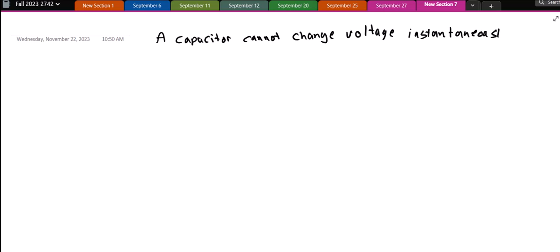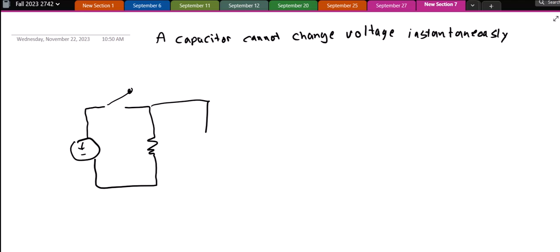A capacitor cannot change voltage instantaneously. So you might think, if you had a circuit like the one I'm about to draw right here, with a switch, that as soon as I close the switch, the capacitor would have whatever voltage that it had, or alternatively,